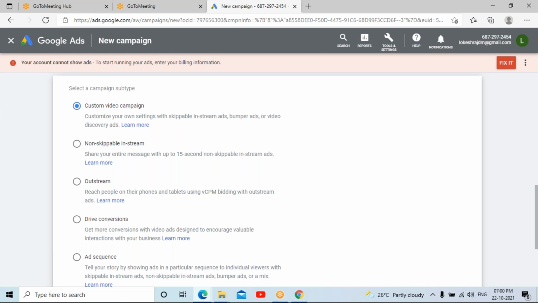When you run the ad, people will have more information about your product, services or business, so it will be easier to get sales. The conversion rate is higher when people watch the complete ad.